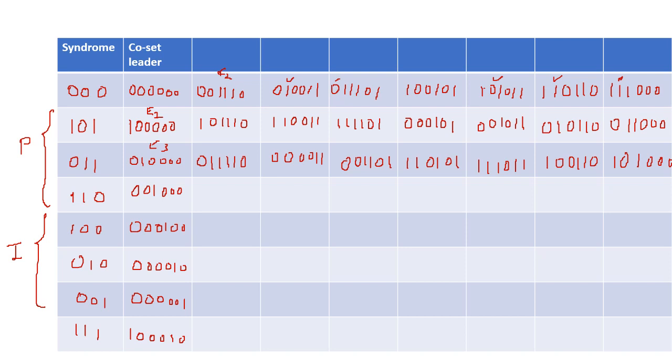That is, we are going to write the next bit as the third bit XOR with this particular bit of your C2. So we can write it as 0 0. 1 XOR 1 will be equal to 0. 1 1 0. That is XOR with the third bit of your first row element, not with the second row but with the first row of your element, and complete the table.